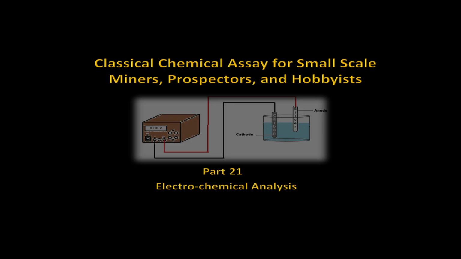In Part 20, I covered redox reactions. Electrochemical reactions are a form of redox reactions that utilize electricity to accomplish a specific reaction, to either produce electricity, such as a battery, to determine the concentration of an element, or to precipitate elements out of a solution. In this presentation, I will try to focus on the determination of species in a solution and its concentration using